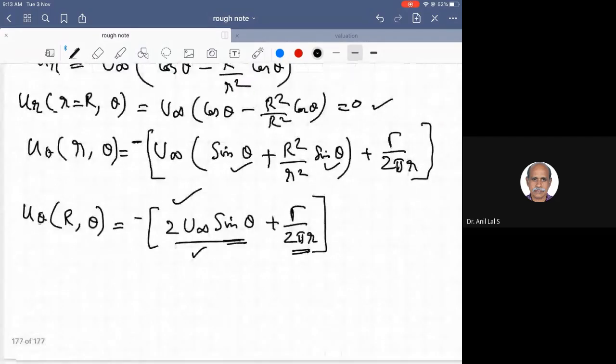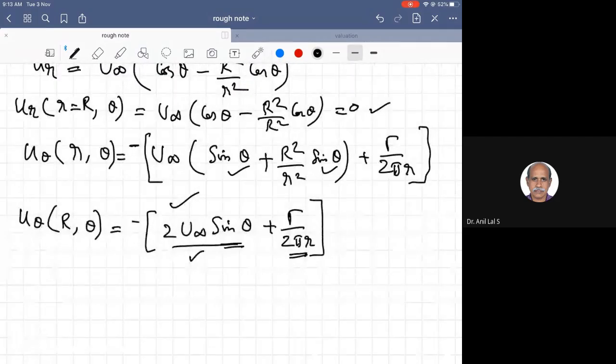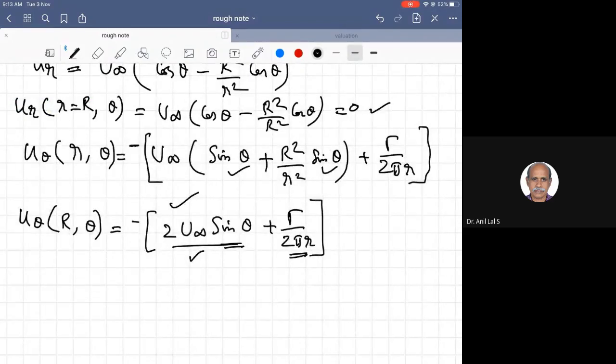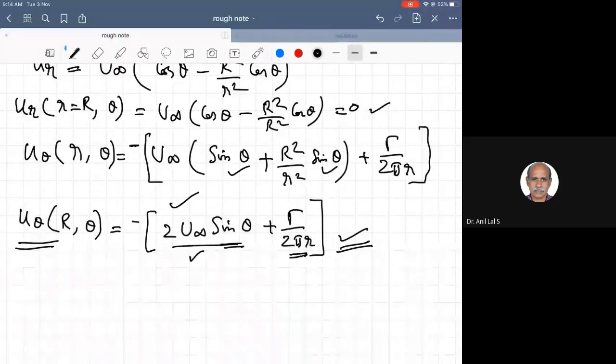Now let us find out where the stagnation points are and how the streamlines look there. On the surface of the cylinder, we can identify them by finding the stagnation points. Stagnation points are points where only u theta is there on the surface of the cylinder. The velocity is only u theta, there is no radial velocity. Without the sign, u theta is the magnitude of the velocity on the surface of the cylinder. So now, the stagnation point.